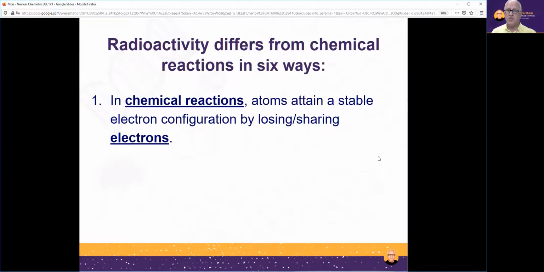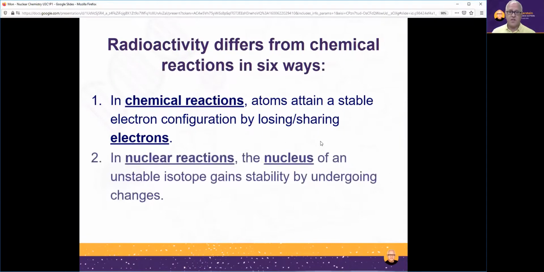When we move into bonding, you'll see how those elements, when they combine, become stable. But in chemical reactions, atoms will attain a stable electron configuration by losing, giving up, or sharing electrons with other